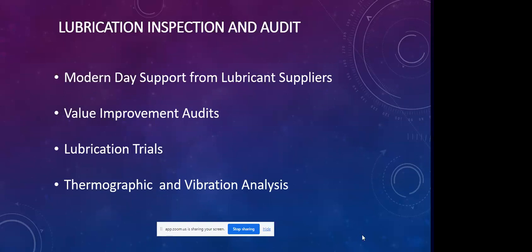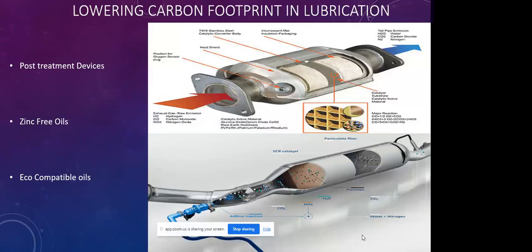And when we're talking about longer drain intervals, we are looking at savings in terms of downtime, savings in terms of hardcore maintenance work, and savings in terms of possible machine damage. So this is one of the areas that maintenance and reliability engineers can employ to cut down on cost as far as maintenance is concerned. In there, they run trials, they do trainings, and use thermographic and vibration analysis. These are some of the tools they use in the audits and inspections. Talking about cost,